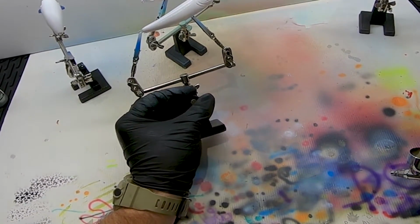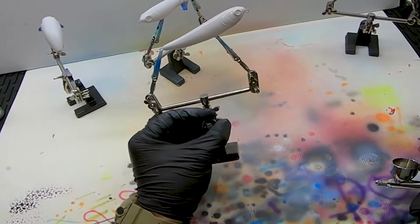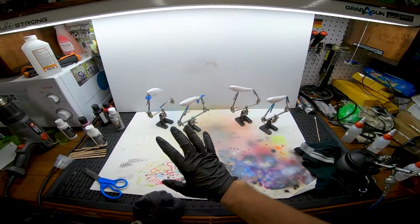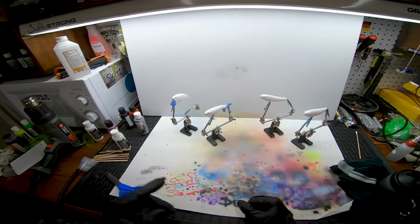See, it really makes it shiny, brings it out. So we're going to do these other 3 and then we'll move on to the next step. Alright, so we got all of our baits covered in pearl white. Now for the next step,